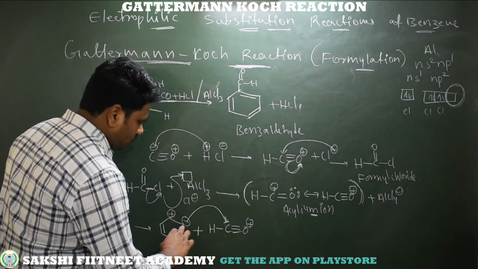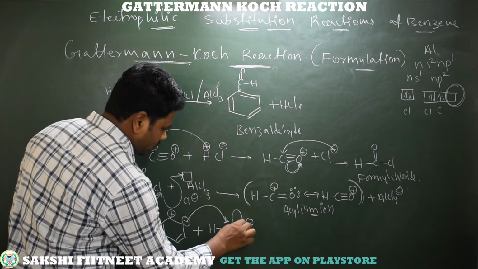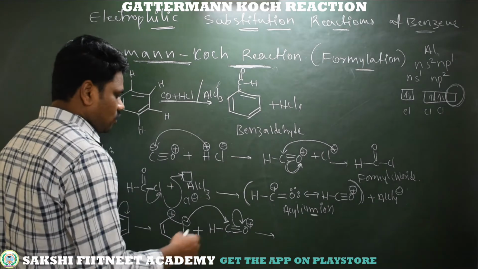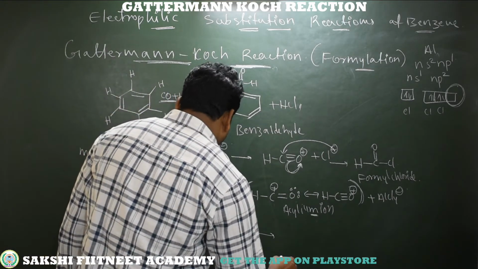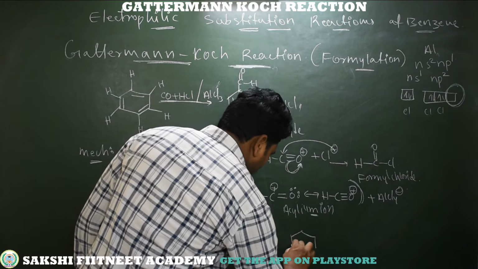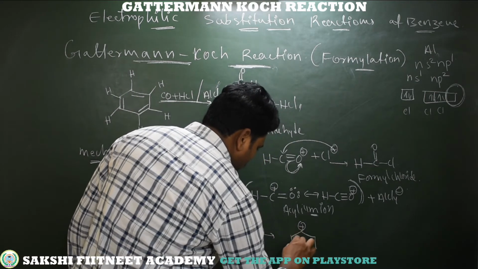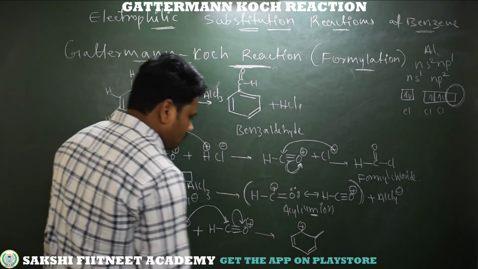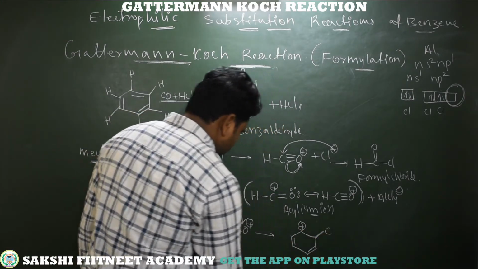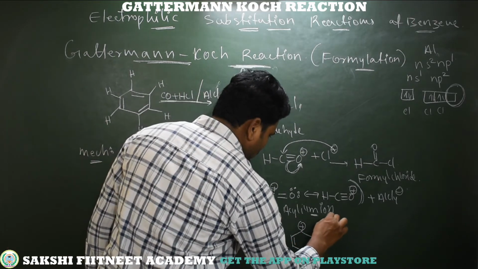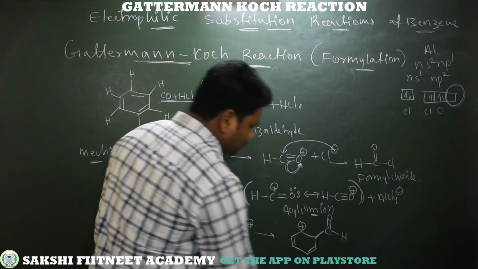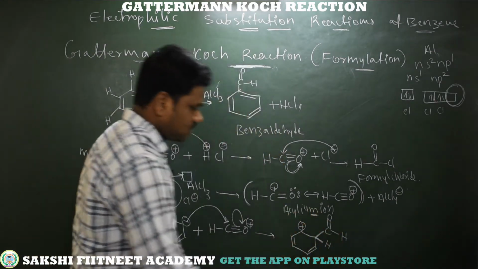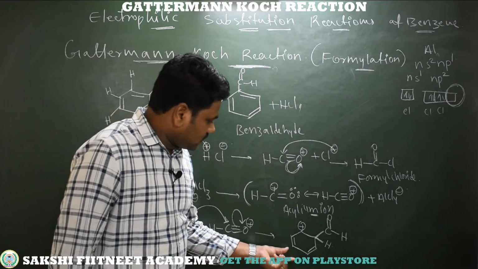So when this bond is formed between carbon and carbon, the pi bond shifts to oxygen. The pi bond shifted to oxygen, so oxygen gets its lone pair back. Now we are getting the next step like this. Here the positive charge comes from the non-bonding, that means pi bond. Here we got a new sigma bond between carbon and carbon. See here, instead of a triple bond, we got a double bond. Here we have hydrogen. And what about the hydrogen at this carbon? It is still as it is. Now see here, this is the intermediate.